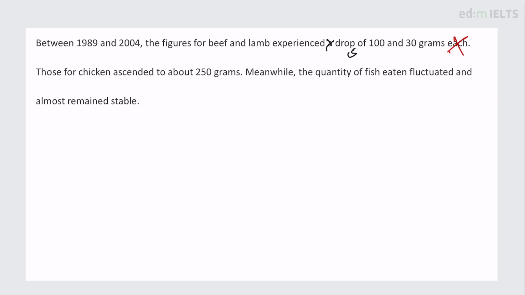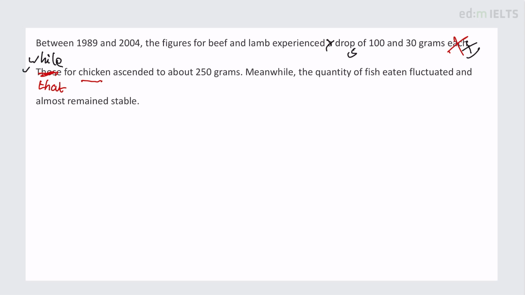Then we've got this really short sentence, those for chicken ascended to about 120 grams, so why not just have a nice complex sentence there? Make it one sentence with "while." We're only talking about one here, so it's not "those," because it's one, it's "that," while that for chicken ascended